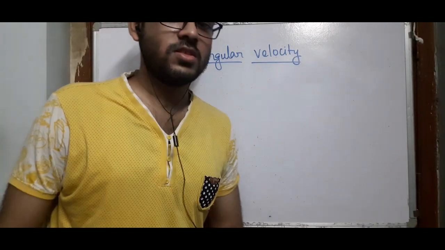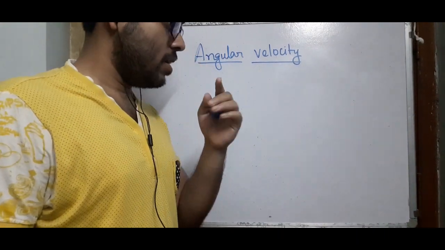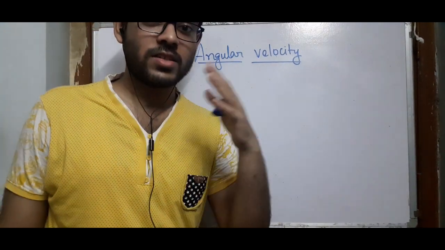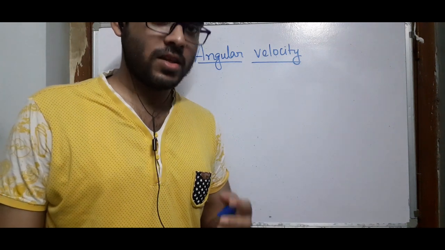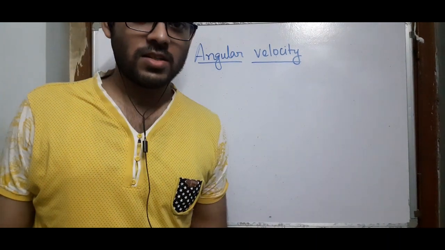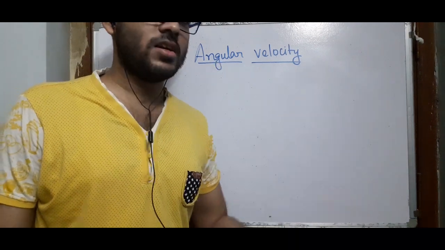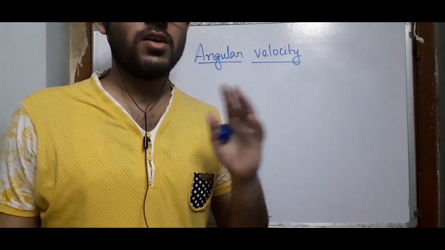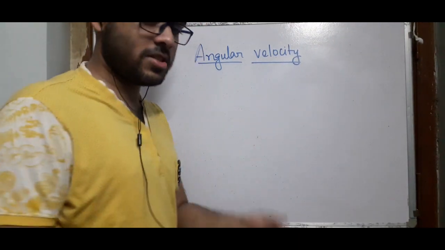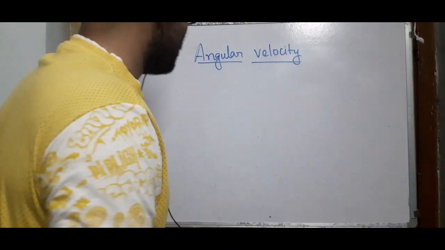Now angular velocity, just like linear velocity, is a vector. It's a pseudo vector. Take it for granted now. I will bring videos explaining various kinds of vectors, various kinds of scalars. Yes, there are various kinds of scalars, I mean it. So there are pseudo vectors, pseudo scalars, polar vectors, axial vectors. This division is done entirely upon the transformation properties of these vectors. So we will see in the later lectures.